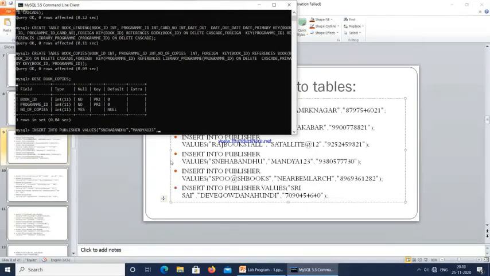So we are inserting the publisher name, then the publisher address, and then the publisher number, phone number.